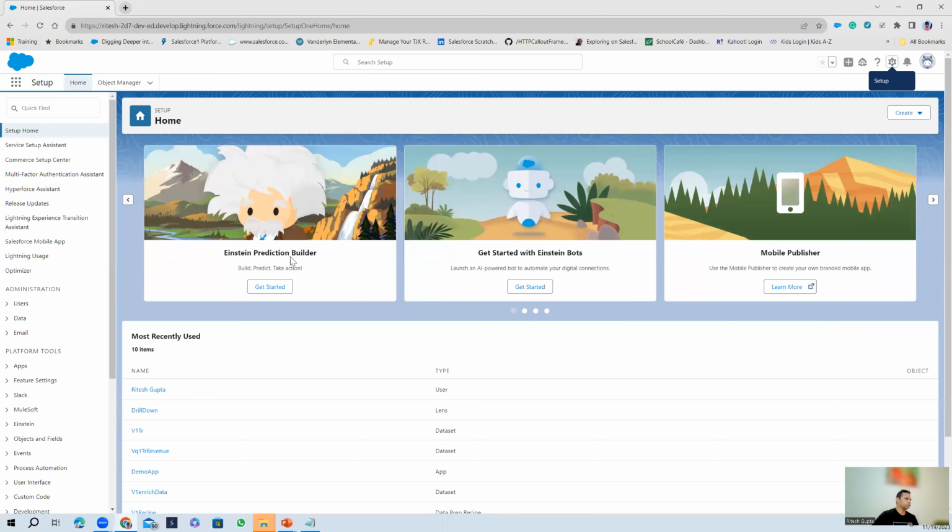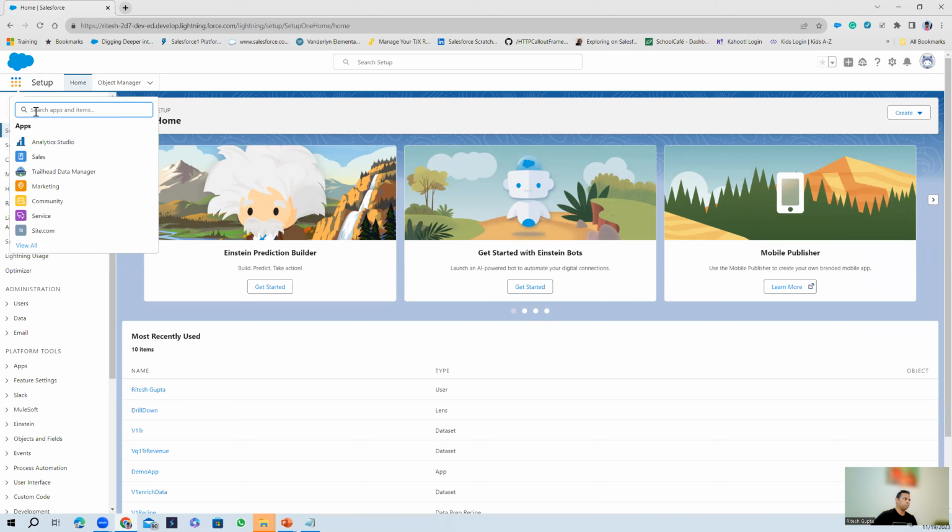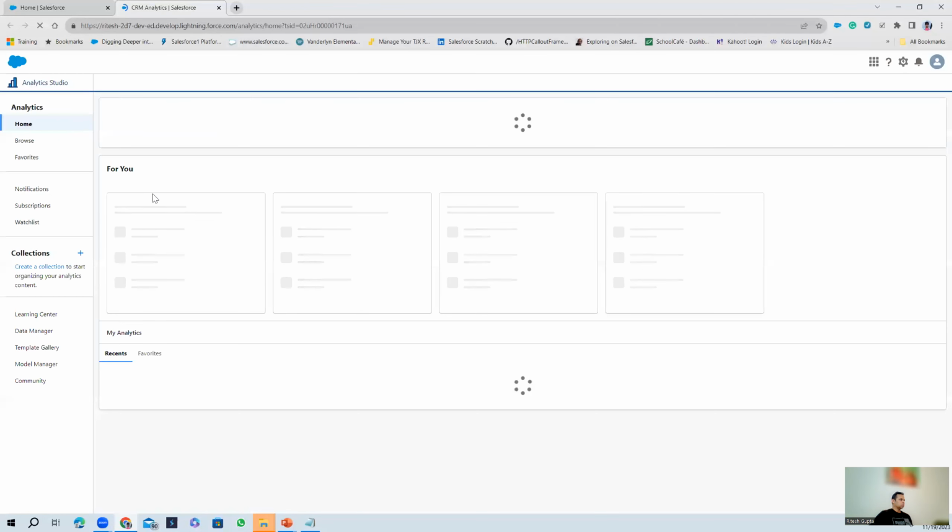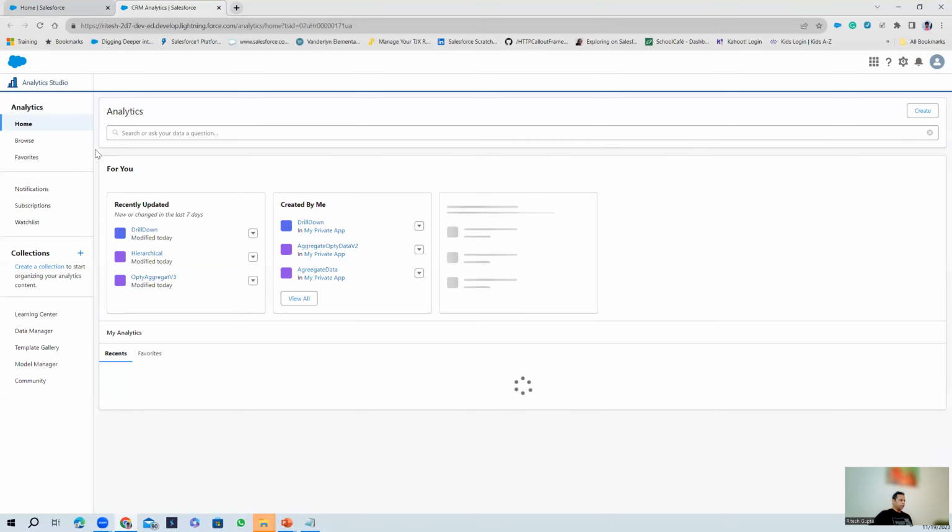Let me bring up the Salesforce screen. If you have a Salesforce license, go to the app launcher. In the app launcher, you can see Analytics Studio. As a part of Analytics Studio,